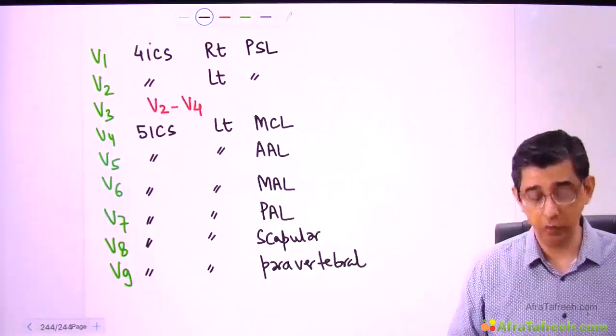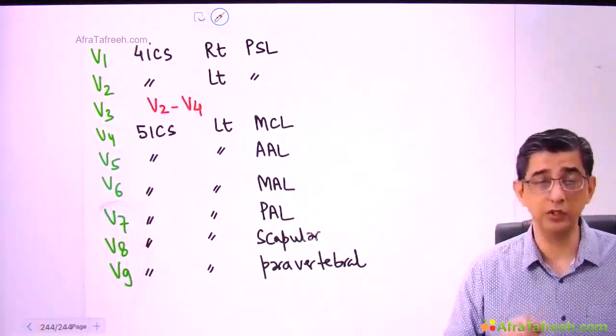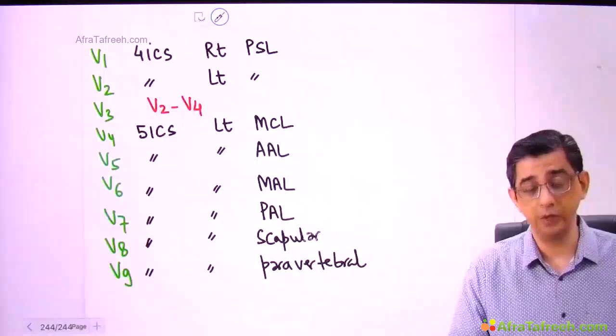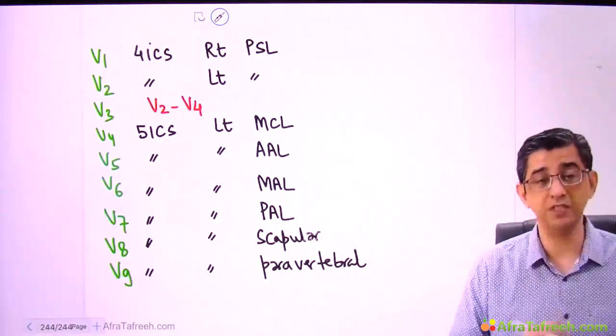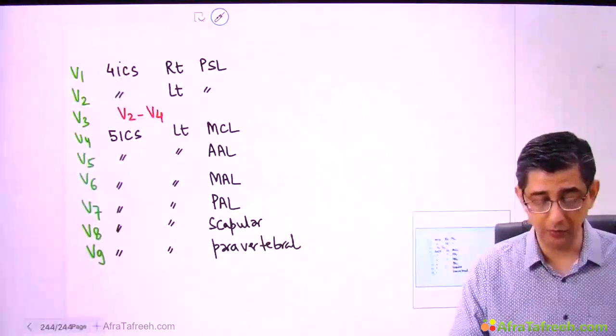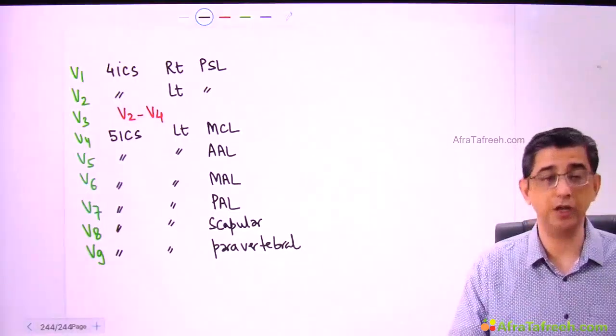And well, why are we doing this hard work? Especially for V7, V8, V9, we are talking about studying the posterior surface of the heart. So in MCQs of posterior wall MI, you will especially notice that V7, V8, V9 may be written. We will talk about the localization of myocardial infarction in a few seconds from now, but first I need to tell you the arrangement of the leads.